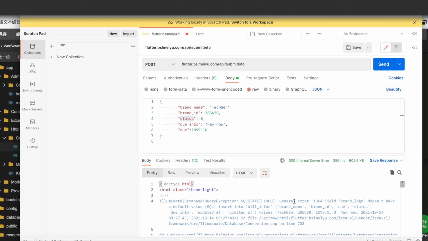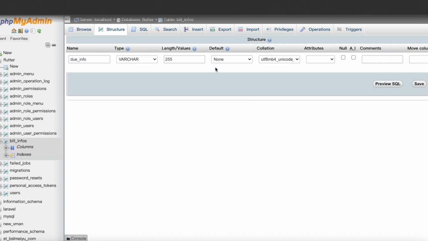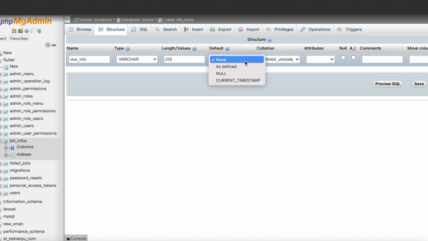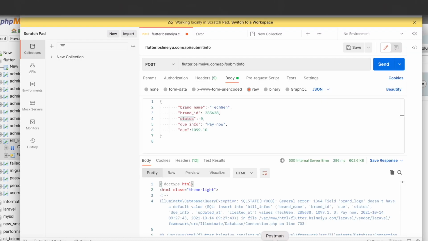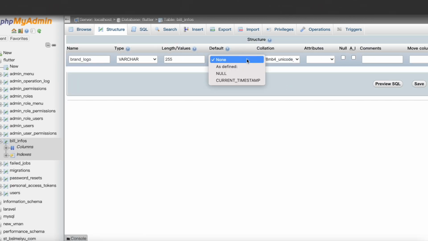Okay. Now we have a new error: doesn't have a default value. So we have logo and other things, and it wants a default value. What we could do is go over here. Some of the things like due info and logo don't have a default value, especially because we are not passing them. That's why it's not submitting. So we can change that. Let me check it one more time. Bill info's brand logo, sorry. So this is the brand logo over here. Let's change it to null